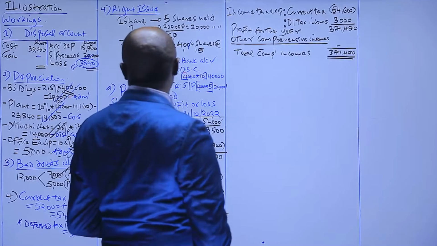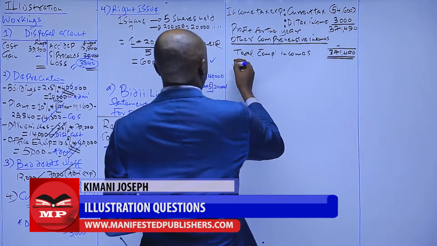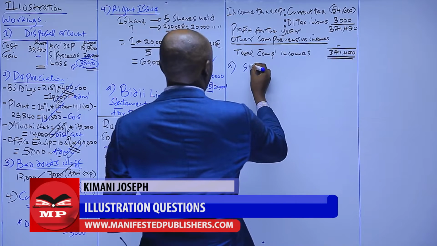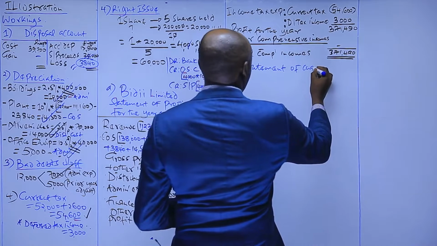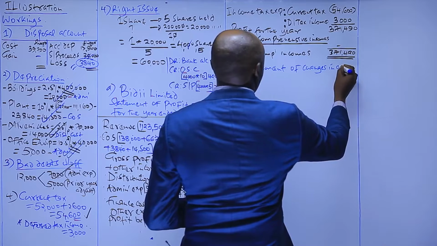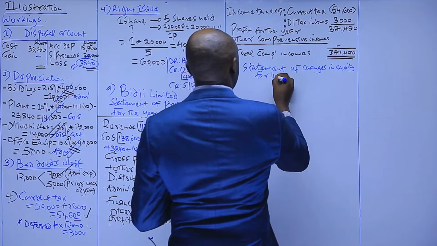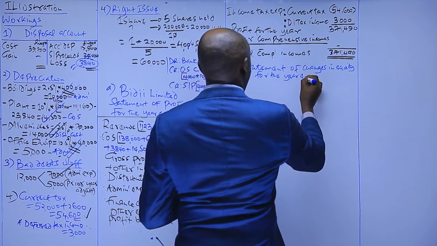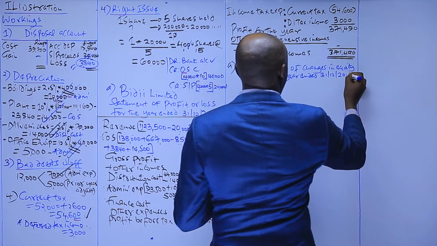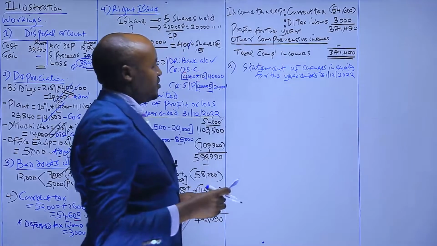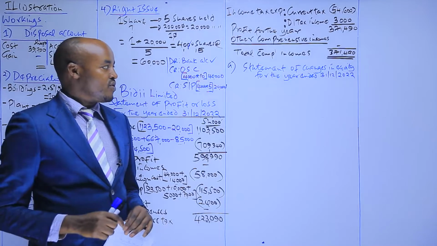So let's move to part B of that question. Part B, the examiner was requiring the preparation of the statement of changes in equity for the year which ended 31st of December 2022. Now remember, we say that this is prepared basically to show or to explain why there was a change